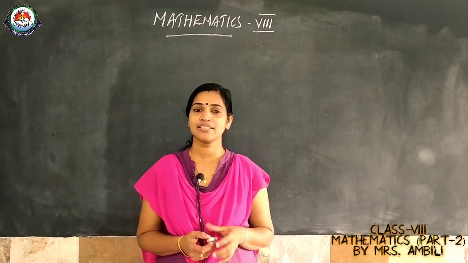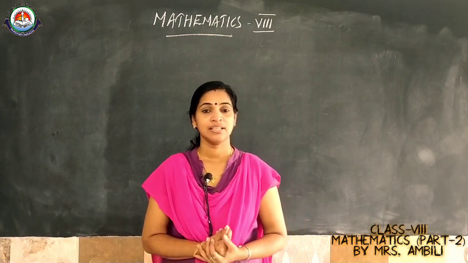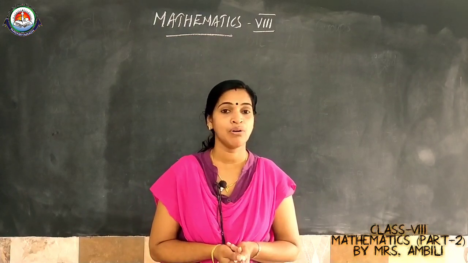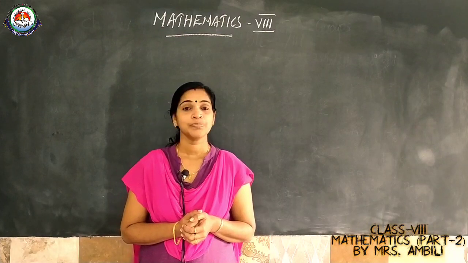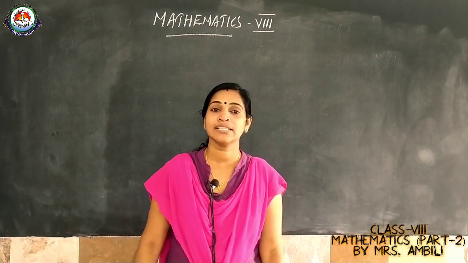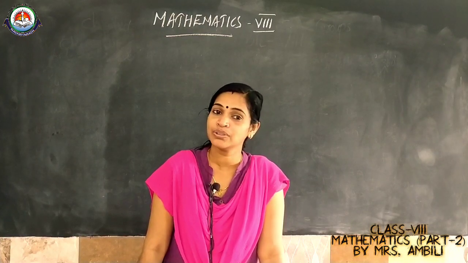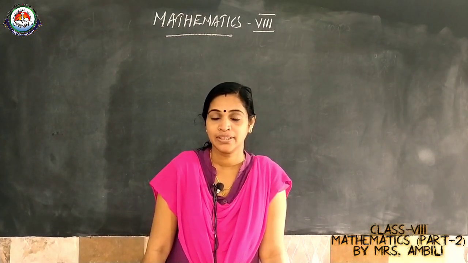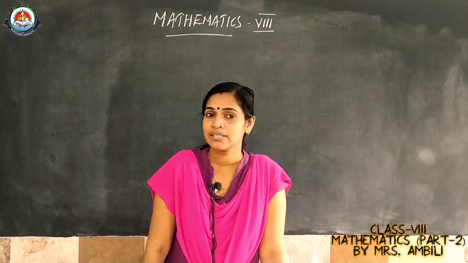What we discussed in the last class? Properties of quadrilaterals. In that we discussed the sum of exterior angles of a polygon, isn't it? The sum of exterior angles of a polygon with n sides equals 360 degrees for every polygon. Okay. Then one more thing. What is next what we discussed?